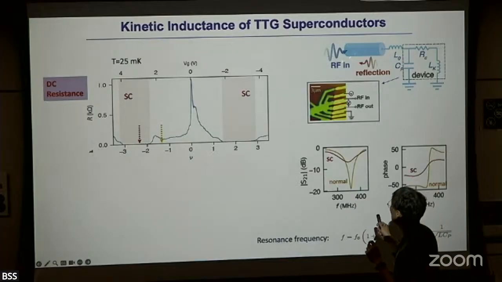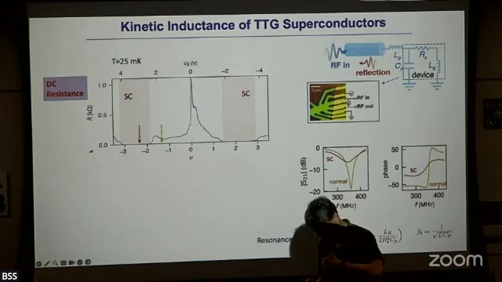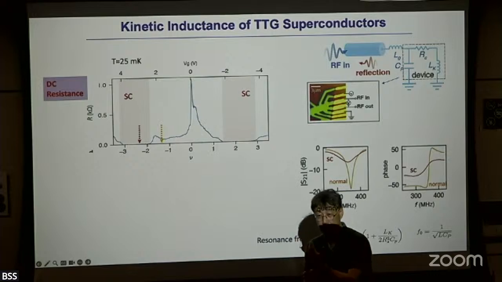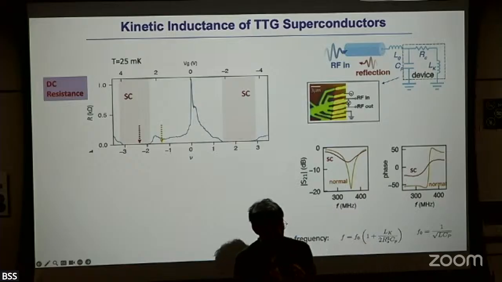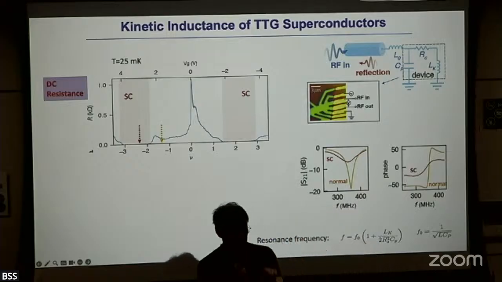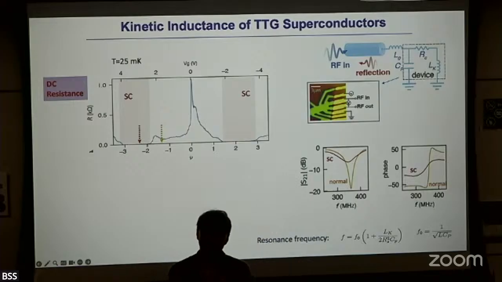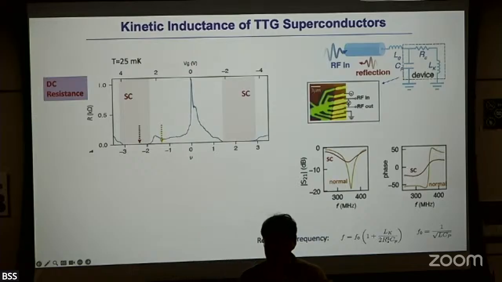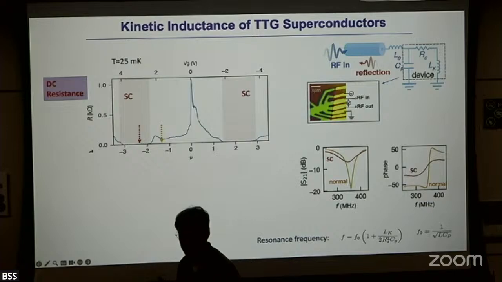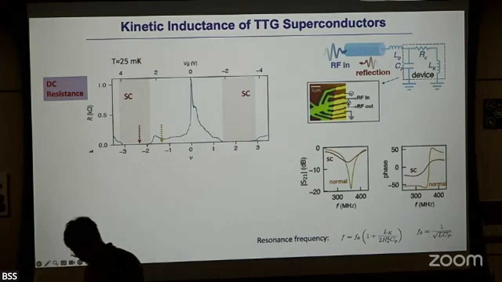In other words, changing the frequency of the RF, the radio frequency I'm putting in, and it's reflected back, what is the amplitude of this reflected microwave, and what is the phase difference between the reflected microwave and the injected microwave? That is the experiment, and that is what we often call microwave reflectometry, right? In fact, this is what people are doing with qubits. You make the qubits, send the microwave, and get the microwave back. Just looking at this reflected microwave, you can get the qubit states as well. So this is a similar experiment in that way.